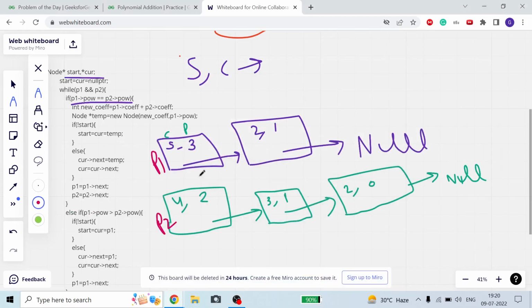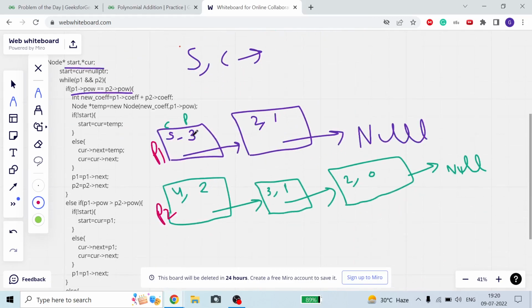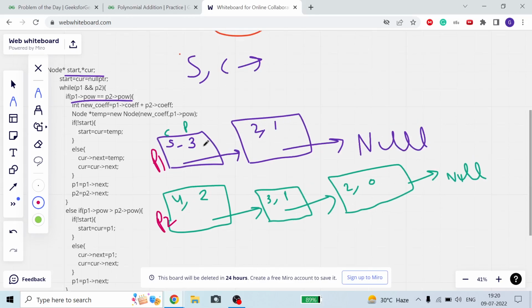I have made these two different polynomials p1 and p2: 5x cube plus 2x, and 4x square plus 3x plus 2. This is the power, and this is the coefficient. Now I know for adding two polynomials, the power should be equal. Initially p1 is this, p2 is this, and start and current are both null.